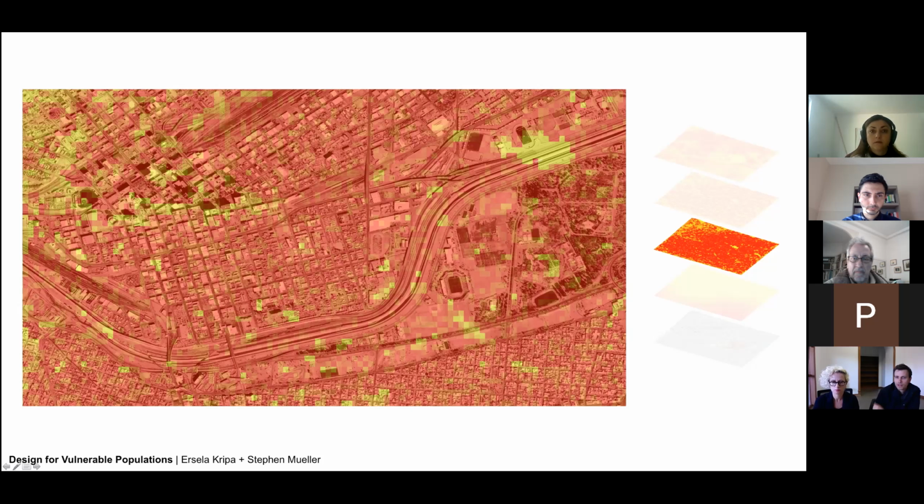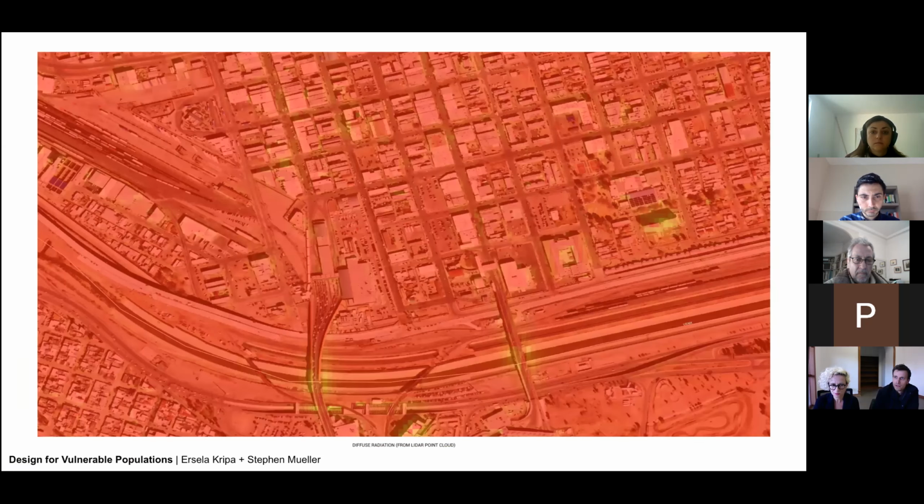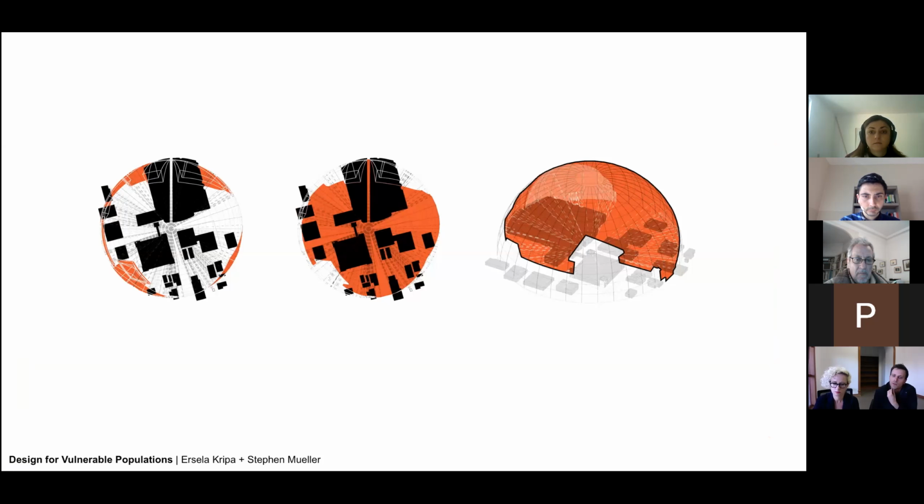Using LiDAR point cloud data and GIS solar analysis tools, we can also understand the distribution of radiation at the block level, revealing in this case areas of relatively high protection against diffuse radiation within the urban core. But as we move closer to the border, conditions of general overexposure, in red here, are common as you approach the bridges. So we want to make this more visible as part of our design strategy, the design of information. So we borrow some of these hidden logics that are built into solar analysis and GIS, or develop our own tools to visualize and assess this condition of irradiated shade, moving to a more immediate design and drawing